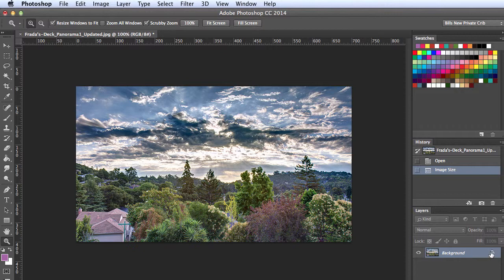So if I come over here and click the little lock, the name changes to layer 0, and I can change the name of this layer by double-clicking the name. I'm just going to call it trees. You can call it Sammy if you want. You can call it anything you want. Now that this layer is unlocked,